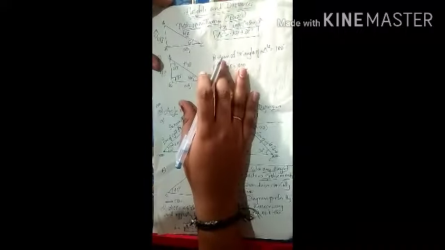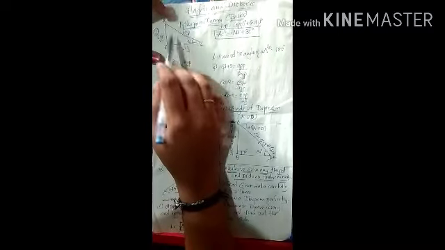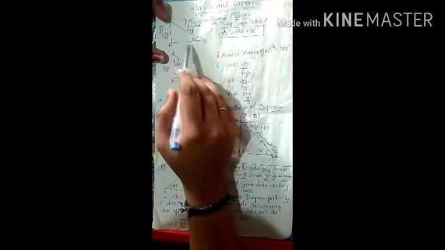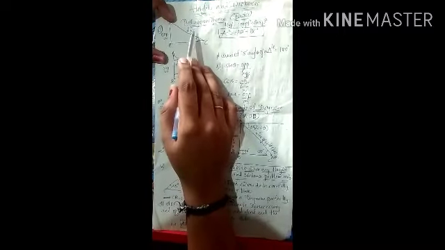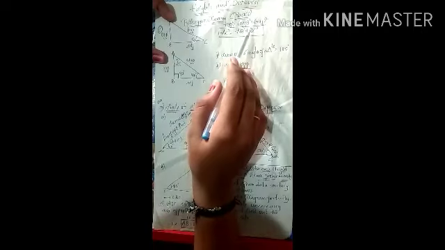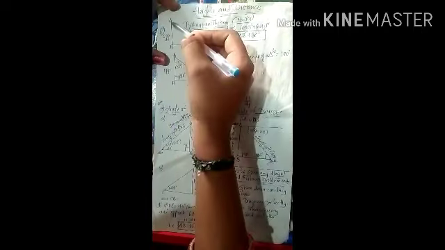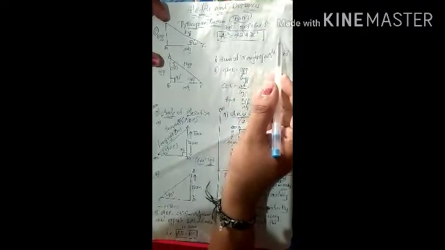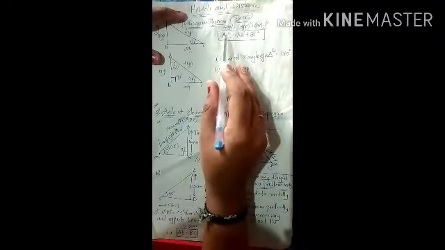First, the Pythagoras theorem. You all know about the Pythagoras theorem. In a right angle triangle, the square of the largest side is equal to the sum of the squares of the smaller sides. Yes or no? Here the largest side is what? Hypotenuse. Hypotenuse square equals opposite square plus adjacent square, that is the Pythagoras theorem. Suppose I give the sides as A, B and C, then AC square, that is hypotenuse square, equals opposite square plus adjacent square. This is our Pythagoras theorem.